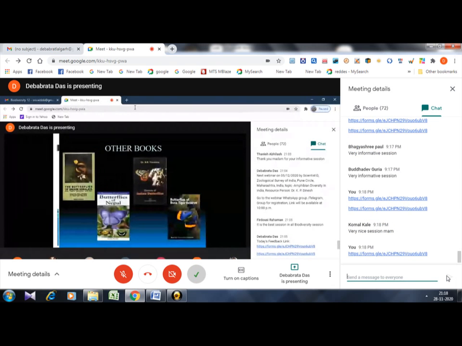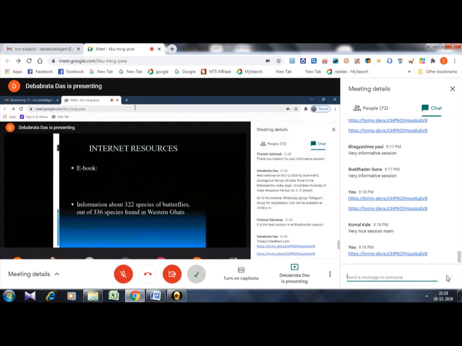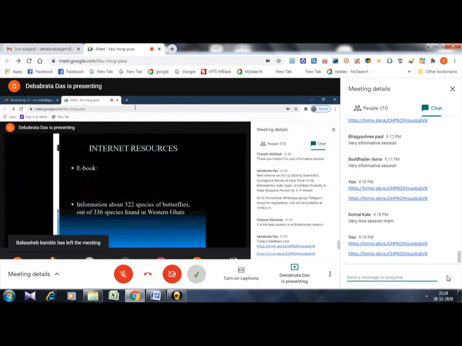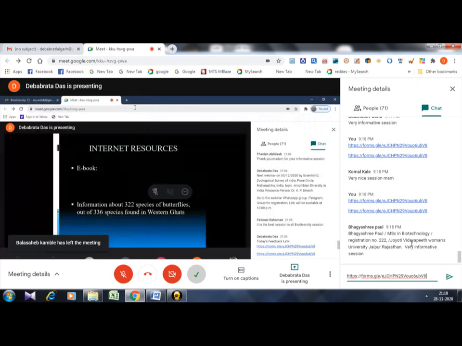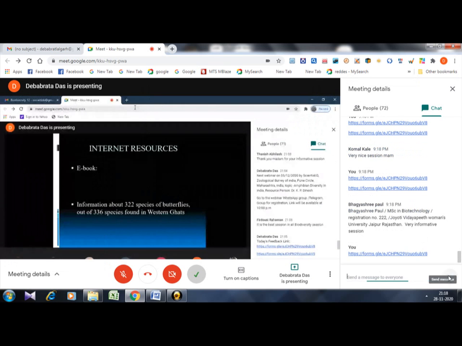As I told you, if you don't have a book, go to the internet. It is a free area. Just download Google Lens and it will identify the butterfly for you. But the result is not always good. That's why I suggest you have a field manual. It is good. Then there are some Android apps for butterflies.